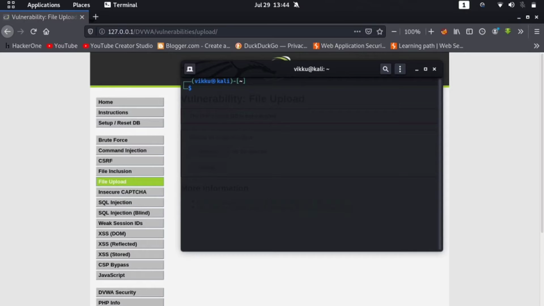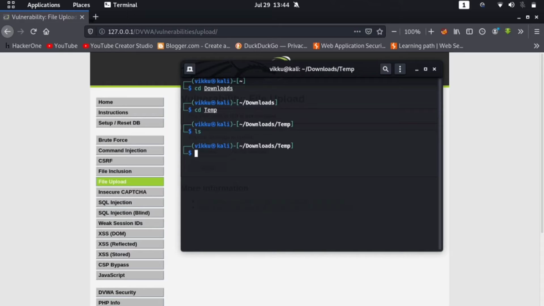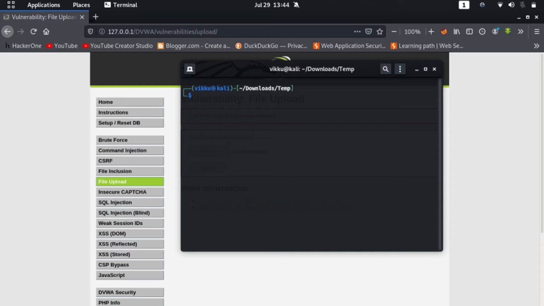Now I already made a folder where I want to store the shell. So I'm going to the folder: cd downloads, cd temporary. Now here I want to make the shell. So first of all, which tool are we using?